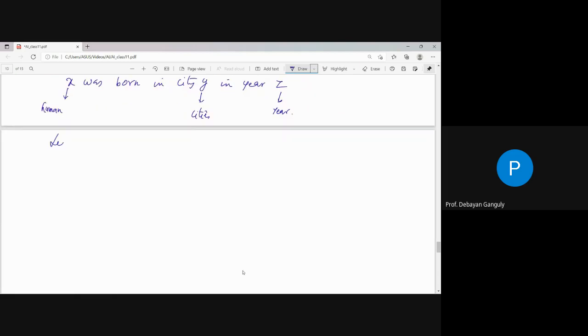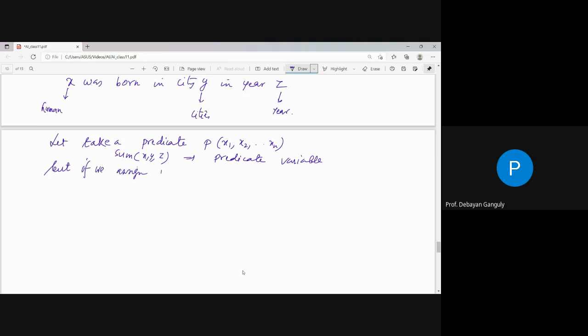That means if I am taking a predicate, say P, where the atoms or variables are x1 to xn, like I am taking this x, y, z, this is nothing but, you can say, predicate variable. But if we assign a particular value, then it becomes a proposition. মানে আমি যদি পার্টিকুলার ভ্যালু অ্যাসাইন করে দিই তাহলে কিন্তু সেটাকে আমরা বলে দিই প্রপোজিশন। কারণ তুমি